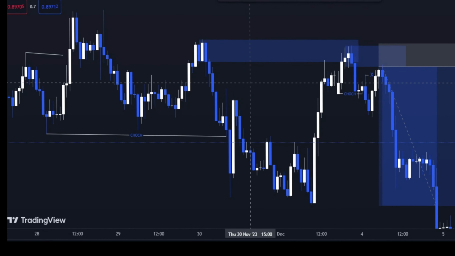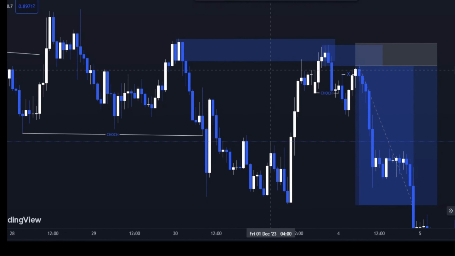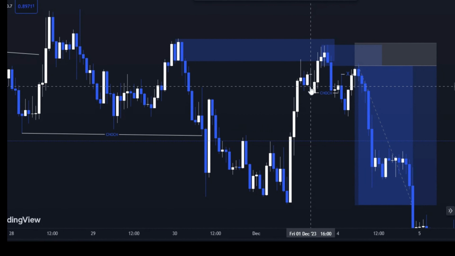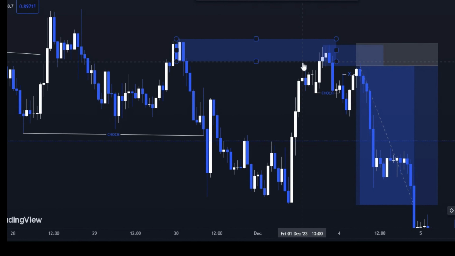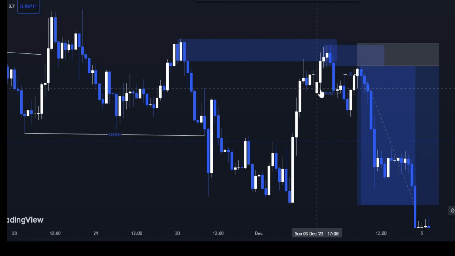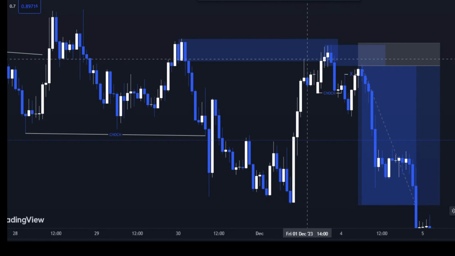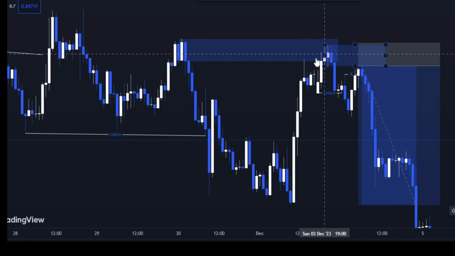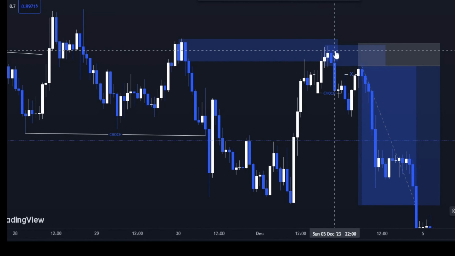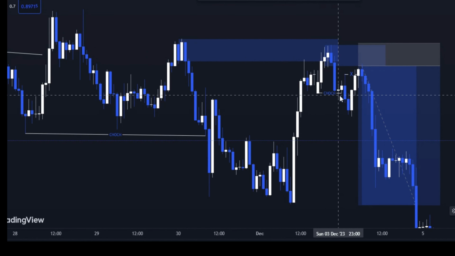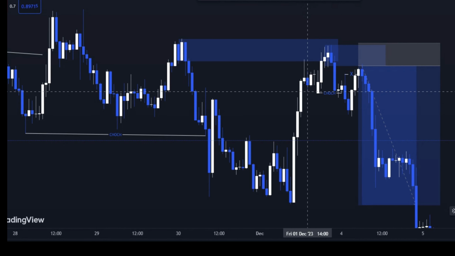So when price came in and tapped into this other block, first of all, price tapped into this other block, but there was no inducement to finally sell. So price finally took out this liquidity here and tapped into the 50% of this other block, then finally dropping and taking out